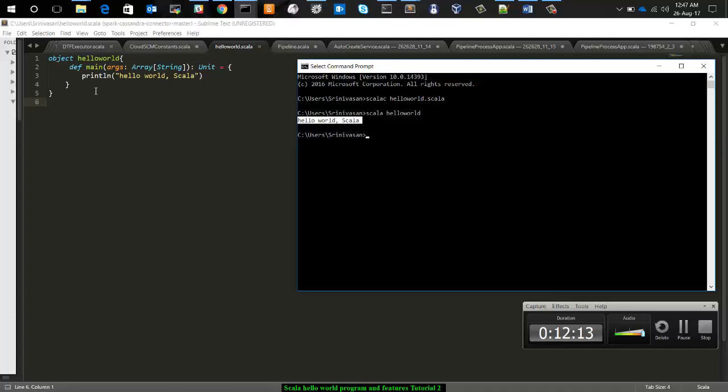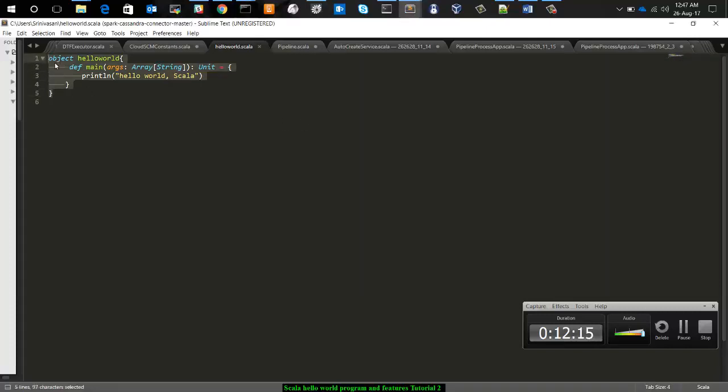This is the object-oriented approach of Scala. We can also use a functional approach here. Functional approach is like a def. We can give a method in here.